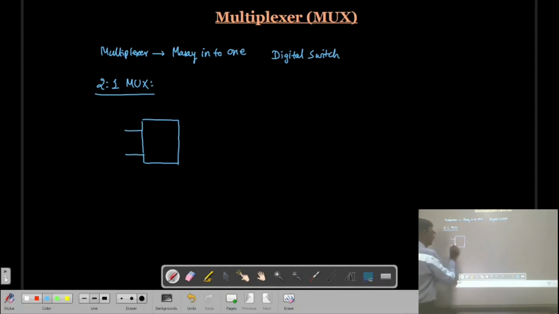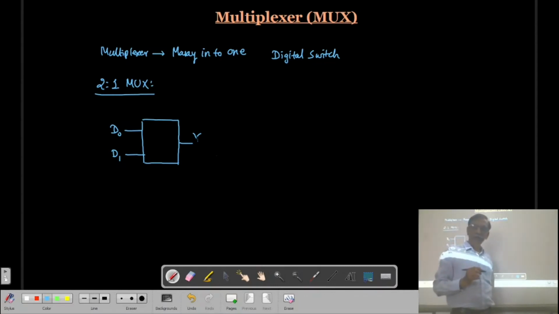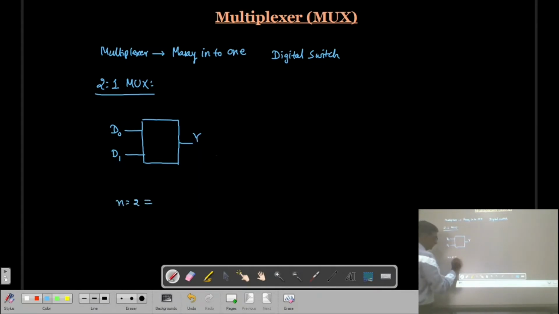It has 2 inputs, D0 and D1, and Y is the output. So how many selection lines will be there? Only one. Here n is equal to 2, which indicates that m will be equal to 1. So here we have only one selection line, and let us say it is S.